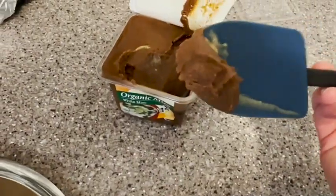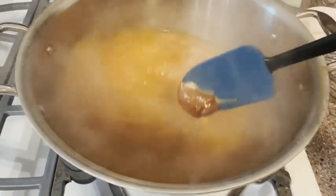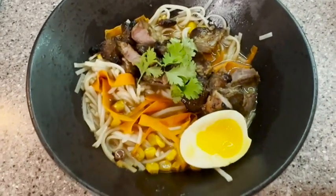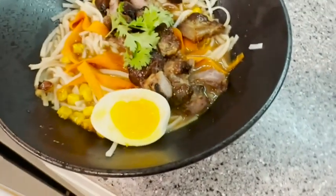So I love to use this in soups, of course. You can make just regular miso soup, or I like to add it to a ramen broth, and it just adds this really nice depth of flavor. So it's really a time saver because you add a little bit of this and it tastes like you've been cooking it all day. So if you're looking for a high quality miso paste, then I would definitely check out